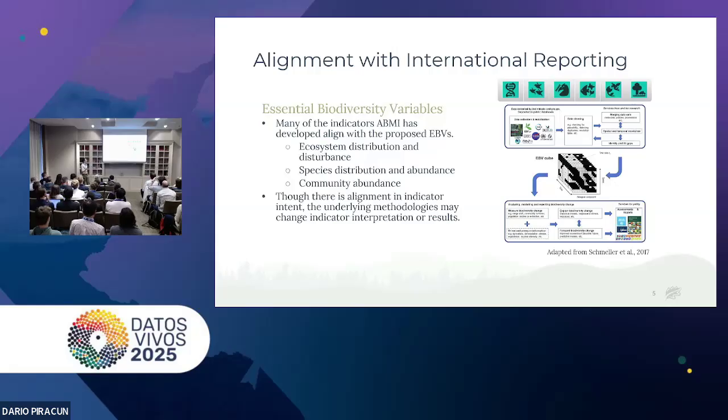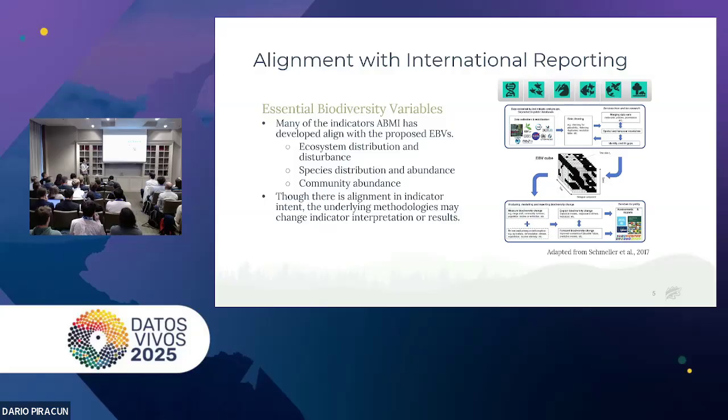And one of the cool things is that at that sub-regional level, we've been doing lots of reporting. And at the international level, national level, we've seen the development of essential biodiversity variables. And it's wonderful to see that there is broad agreement on indicator intent. So we're all concerned about ecosystem distributions and disturbance. We're all concerned about species distribution and abundance, community abundance, habitat structure. And so there is significant alignment in what is happening at that subnational scale with what the international community is